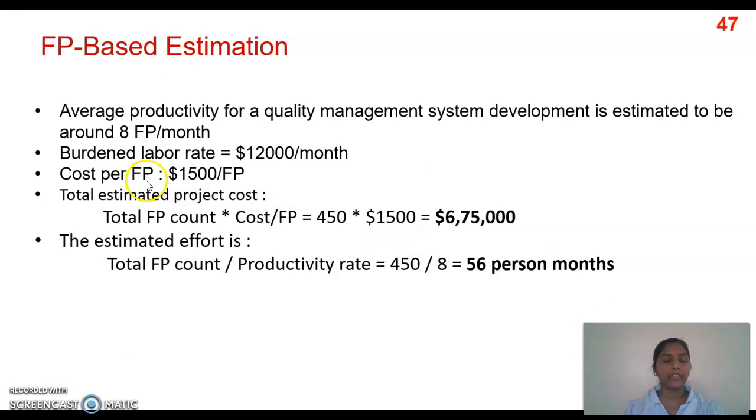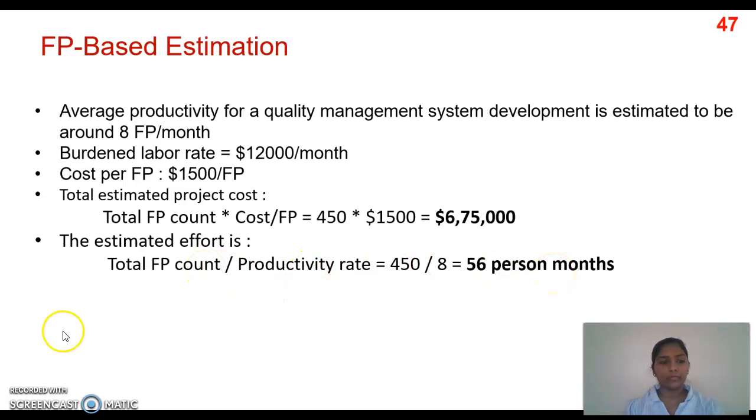Using this, we can calculate the estimated project cost similar to LOC, and we can calculate the manpower effort by considering the total functional point count and the productivity.